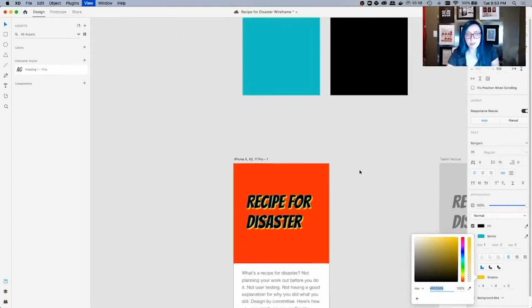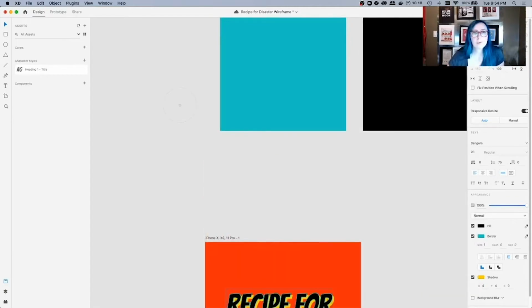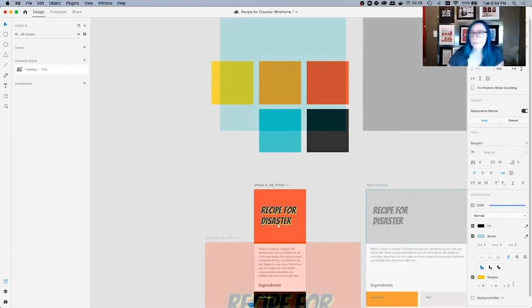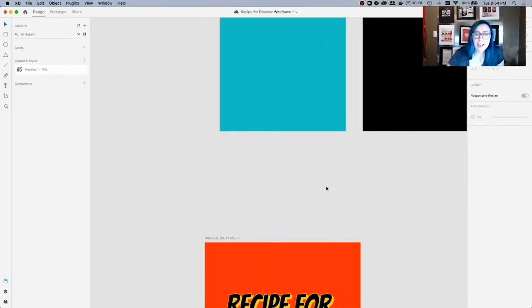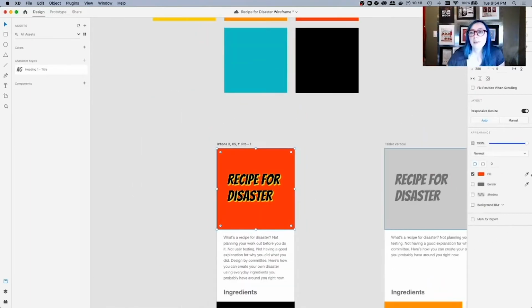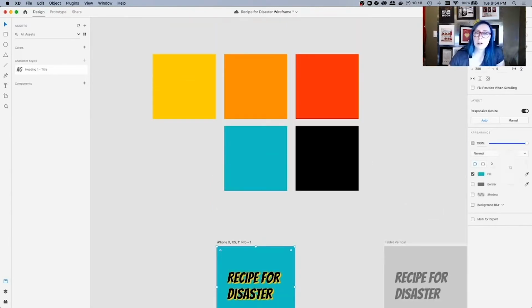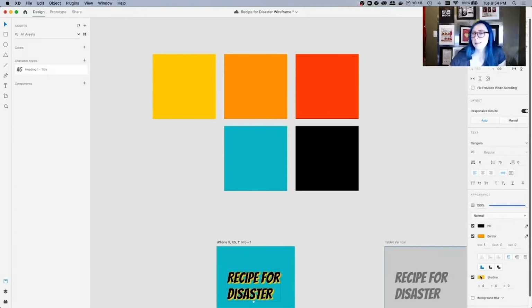Oh, this is cool. This is my favorite part, just experimenting and seeing, what do I like when I play around with this? What am I really digging? So I actually really like this setup here. This is kind of a fun play. And maybe the red doesn't feel as good now. Maybe I want a blue or something like that. Or, ooh, you know what would look good? No, not an orange. I don't know. Sometimes you just gotta play around with it and see what you end up liking best. Let's see if the orange looks any better.